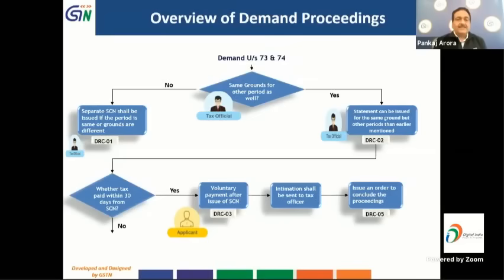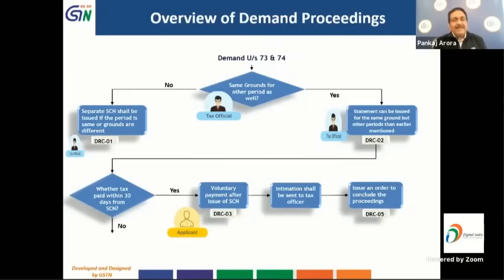After issue of such notice or statement of demand, the taxpayer has a choice. After examining the issue raised in the notice, if he thinks that the tax being demanded is right and he should pay it, he can pay it within 30 days from the issue of the show cause notice, and then after payment he can file the intimation of such voluntary payment in form